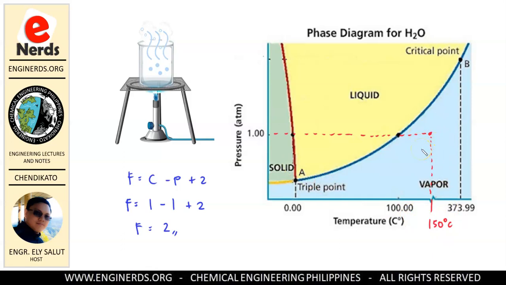So, that's what it means by Gibbs phase rule. It tells us kung ilang intensive variable ang kailangan natin in order to identify kung ano yung state ng ating system. So I hope you understand our lesson,